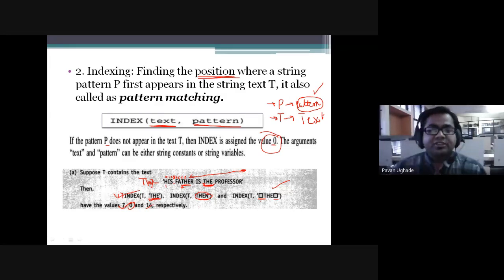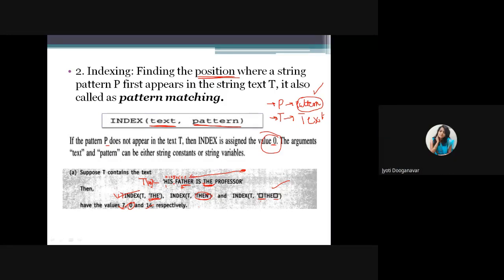Whether you understood, guys, the index, the another string function. Whether you understood? Yes, sir. And whether you understood the pattern matching. That is very important now. The basic concept of pattern matching is that you are looking for a particular pattern which is available in the given string or not. If it is available, get the position. That's what the indexing is all about, right? I hope the things are clear. Shall I proceed further? Yes, sir. Yeah, thank you.